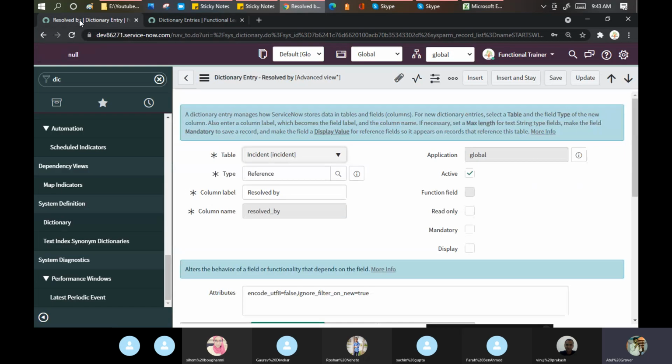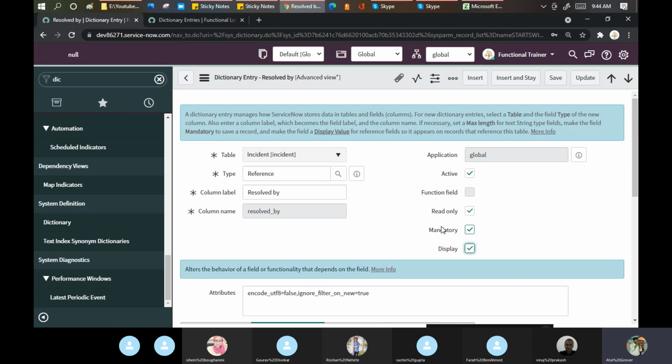Okay, let me tell you what I want to achieve by this particular option. Suppose I have a field called resolved by in my task table. That field, say it is read only in the task table, or that is mandatory in the task table. Now when you created your incident table and you want to change the behavior of that particular field by making it read only, mandatory, or display, it means you are doing the dictionary overriding.